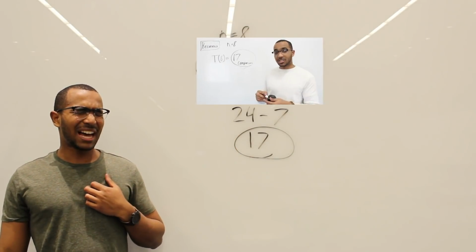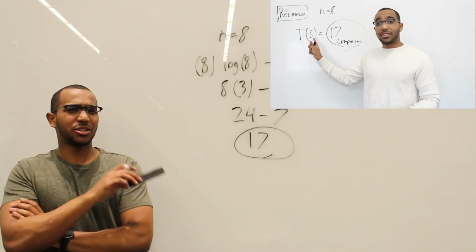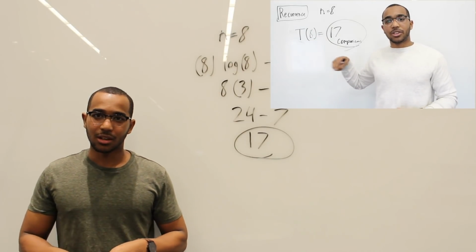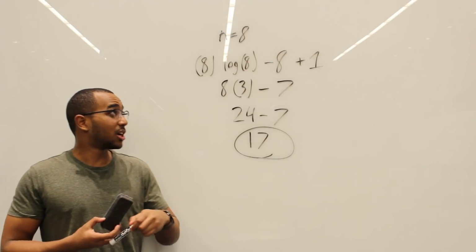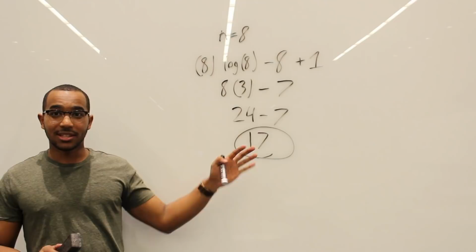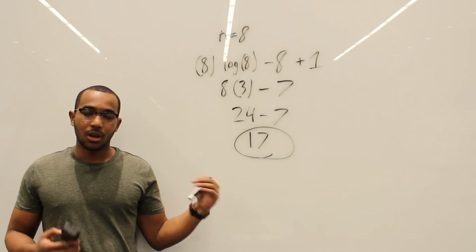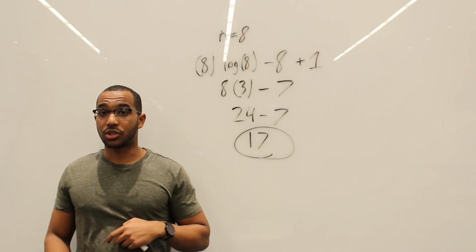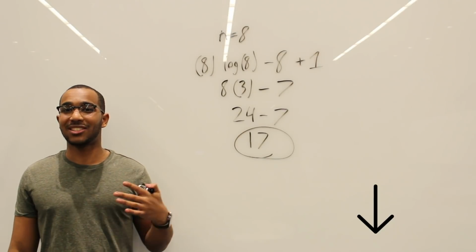And if we think back in our memories, we saw this before. 17 comparisons. When n is 8, we got 17. So that was the concrete deduction summing the work across every level. And this is the same thing we got with the recurrence, going down to a base case. So this is how merge sort works. The code is in the description for you to investigate further.